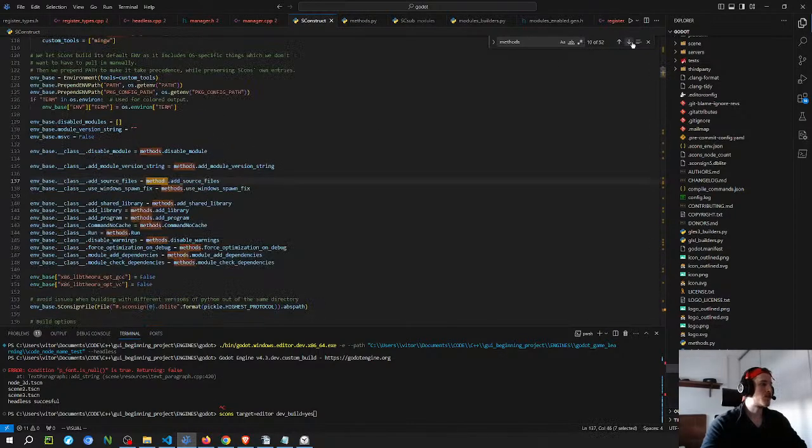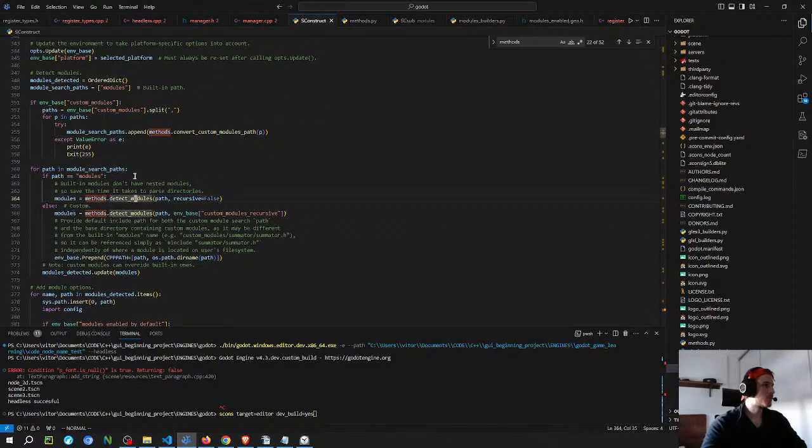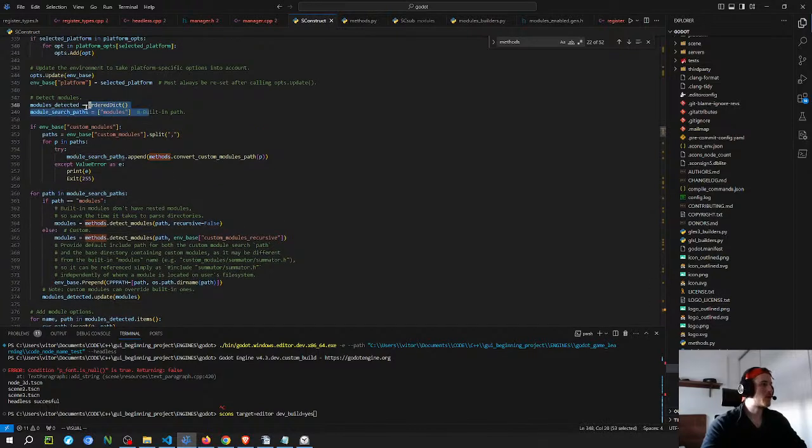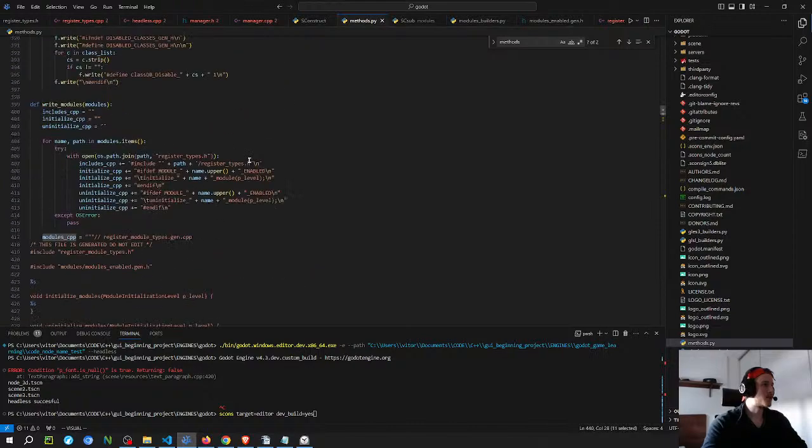The main function related to the modules is going to be detect modules, which is this function here. And then the search path, I'm only looking at this one, but there are some other ones here, I think. If you want to have custom modules, I don't understand very well how this works. But basically, I'm just assuming that it is modules. So they pass the modules path to this detect modules. And then this function